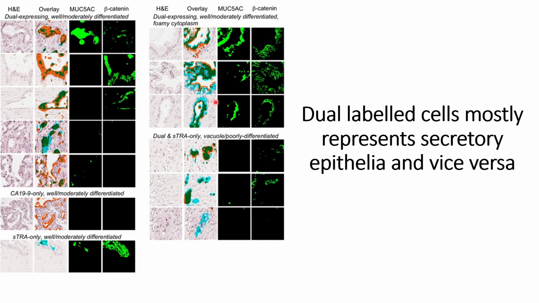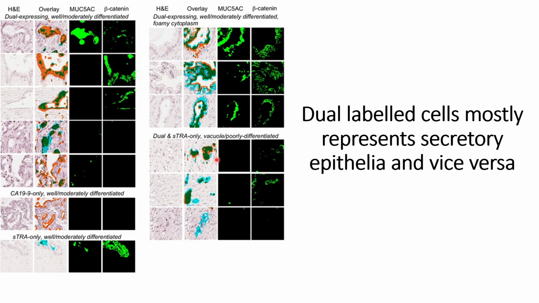And this is also about well differentiated cells, but it is not covered by any stroma. This is well differentiated foamy cytoplasm, and there is no presence of any stroma, whereas in the first two cases we can see the presence of stroma around the cells. And in the next case, in the vacuole or poorly differentiated cells, in the first example